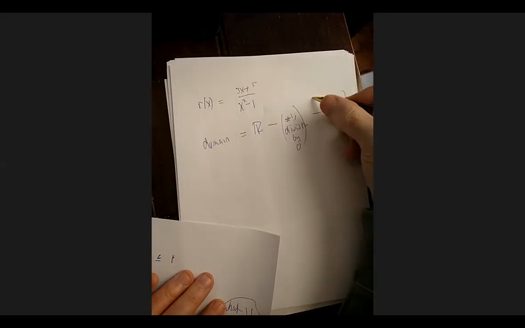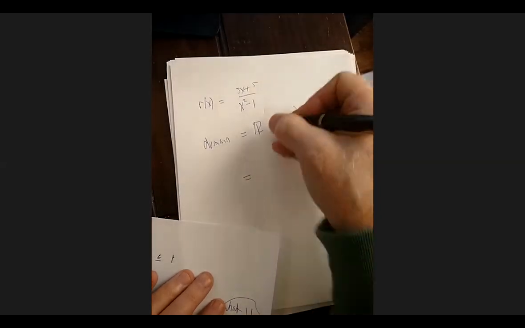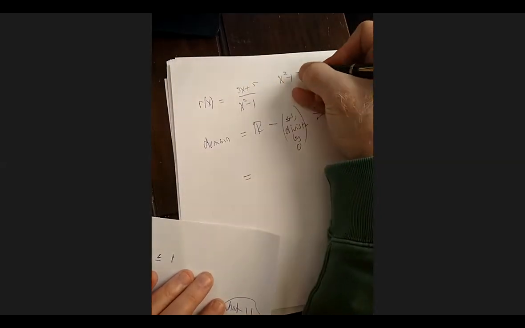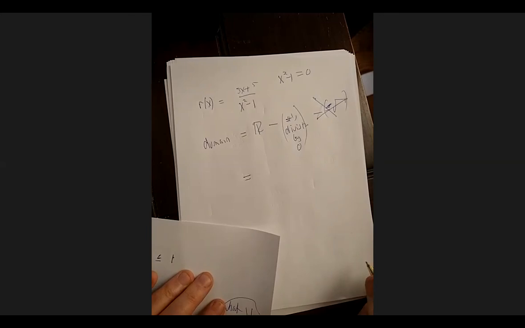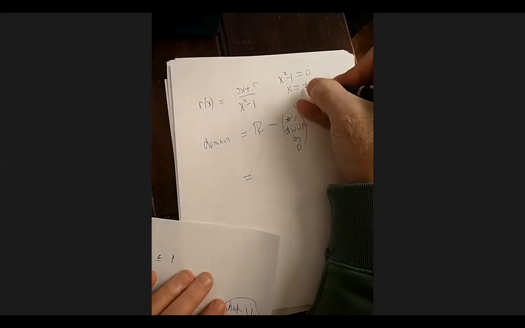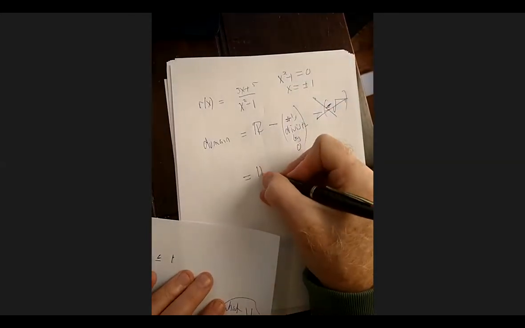Now there's no square roots here, so we don't have to worry about that. So we have division by 0 here. We solved this as we did earlier, and we saw that x was equal to plus or minus 1. So it's going to be R minus